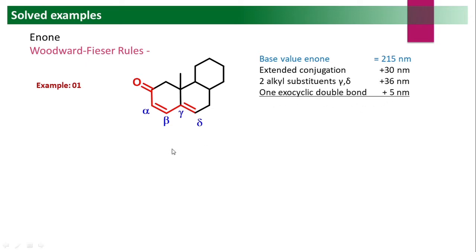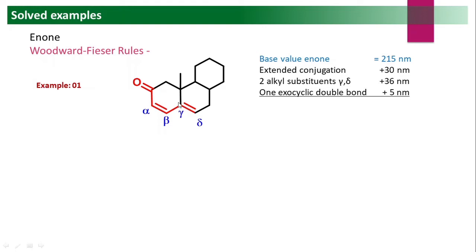And how many substituents are there? So this is our system. This is the R group, this is not a substituent, so forget about this one. Then this ketone is a part of the enone, so this is not an exocyclic double bond. It should not be counted as an exocyclic double bond because it is a part of the enone system. Whatever the value of this one is, 215, that is already considered. This is the exocyclic double bond. Then don't consider this as a substituent, because this is for the ketone, the enone, and is already considered in the base value.